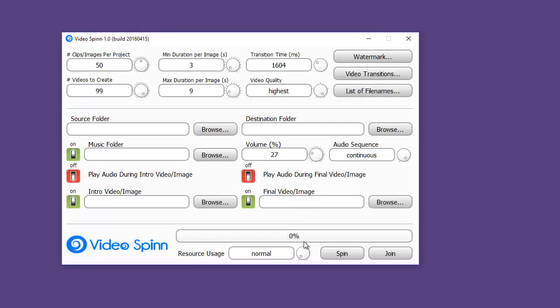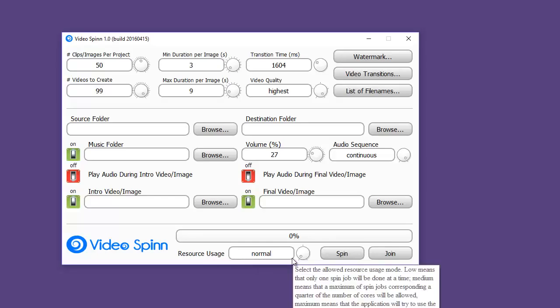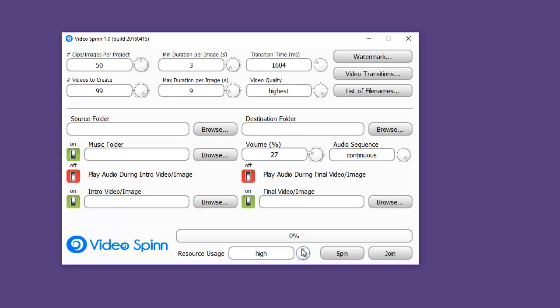At the bottom is a progress bar, so you can see when your project is complete. Below the progress bar is resource usage. This allows you to select how much of the resources of your computer videospinn uses to create videos. You can select normal, high, or maximum. The higher you go on the resource usage setting, the more resources will be used and the faster videospinn will complete your job. Keep in mind, this can limit how much work you can do on the same machine while